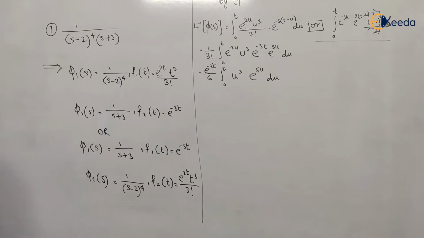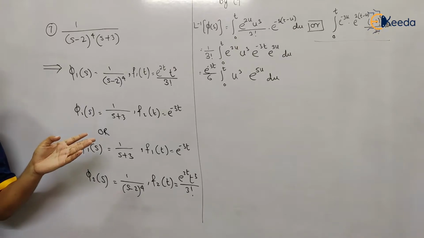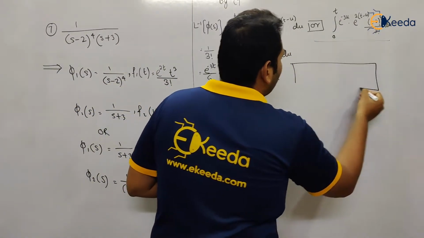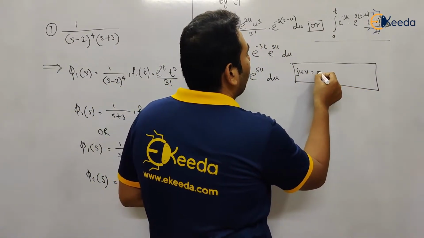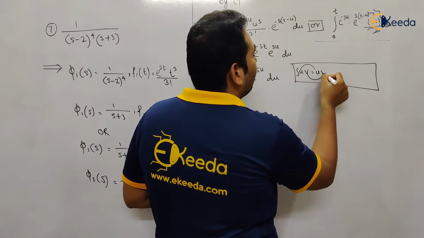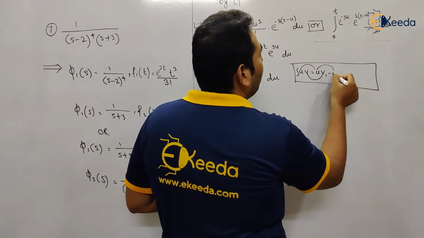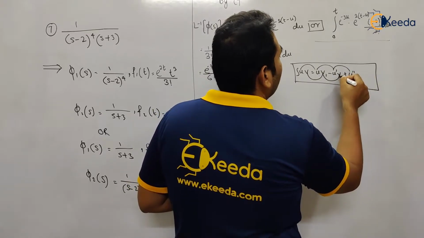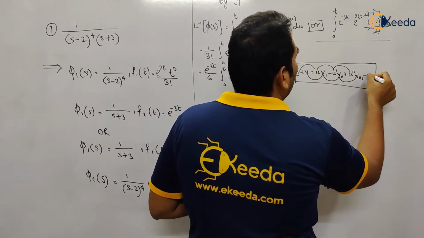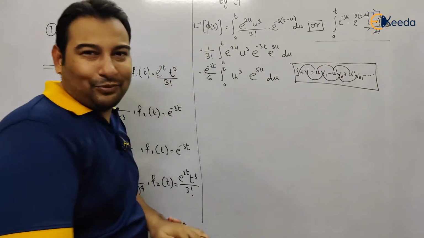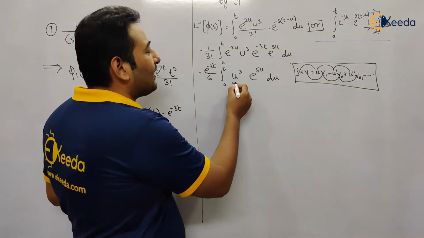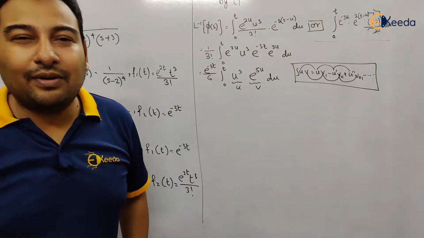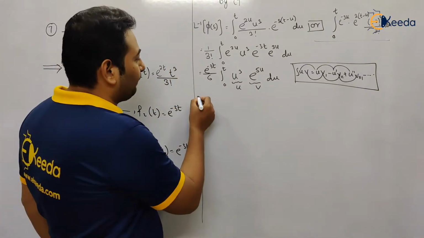Now how to integrate? Please tell me. It's one of the simplest integrations, the u into v rule, and we know the rule, right? What is the u v rule? u as it is, integration of this, derivative of this, integration of this, derivative of this, integration of this, and so on. I have explained it several times. And u and v will be decided based on LIATE. This is u, this is v: log, inverse, algebraic, trigonometric, exponential.